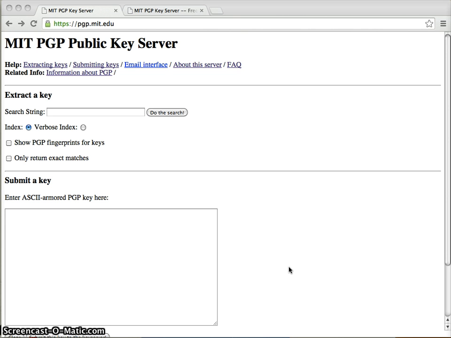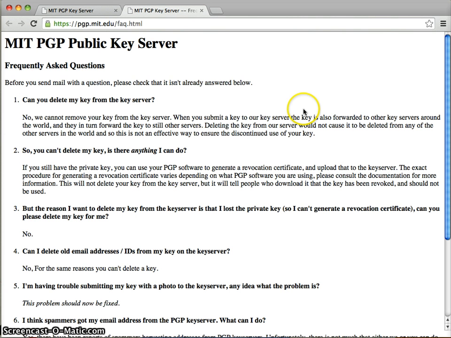But anyhow, as we get going here, we're at the MIT PGP public key server. A couple of things I want to note about this. If you followed the video that I did on setting up your PGP key with GPG Tools, in that process I did not automatically upload my key. One of the reasons for that, as the FAQs on the MIT PGP server show, is that you cannot delete a key from the server later. And so if this is something that you want to use,